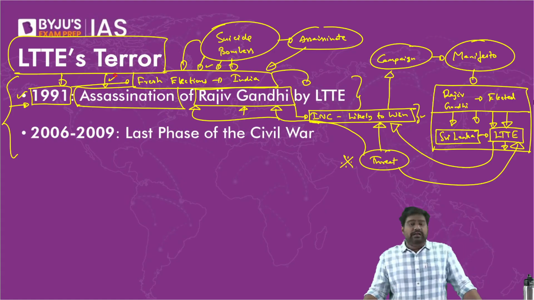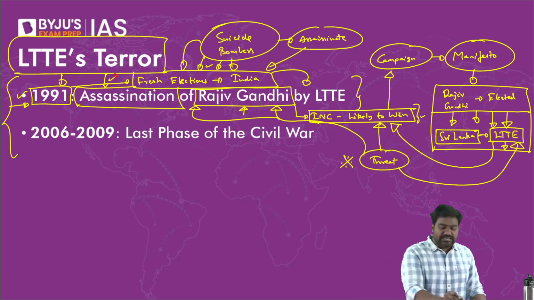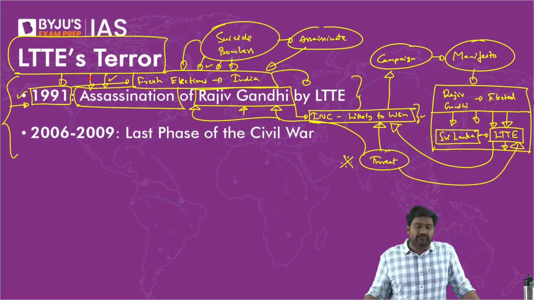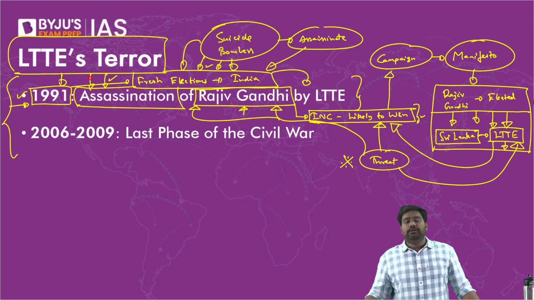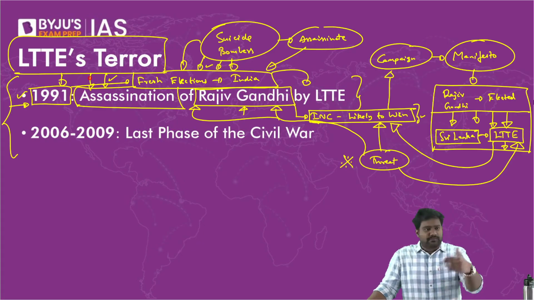The media and the public in India were raising serious questions as to what India was doing in Sri Lanka. Essentially, this had turned out to be a nightmare, a disastrous intervention. And as a result, India scaled down its involvement in Sri Lanka following the assassination of Rajiv Gandhi. So over the next one decade, India would play a very minimal role in the conflict, given the public backlash in domestic politics. The subsequent governments under Narasimha Rao and the other governments, they all took a step back.